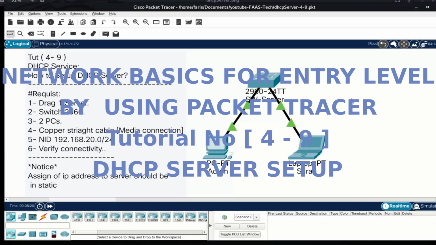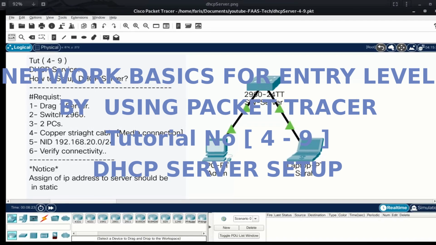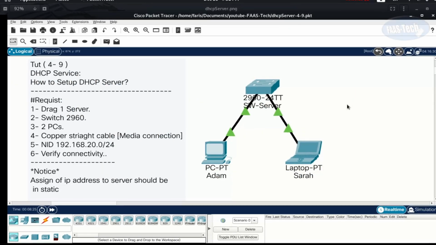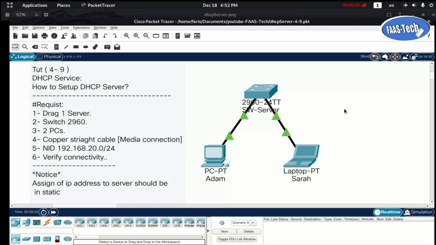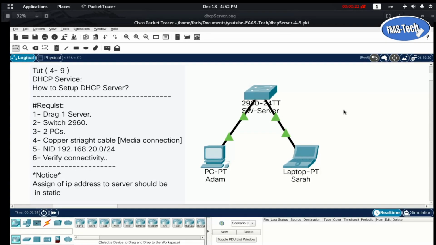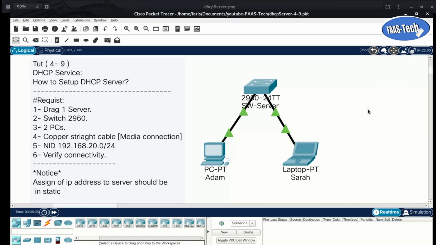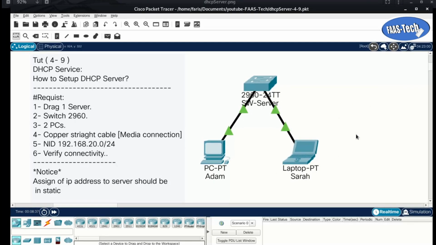In this tutorial, we will figure out how to set up a DHCP server, one of the most important protocols a network administrator should be familiar with. Are you ready? Let's go! Okay,